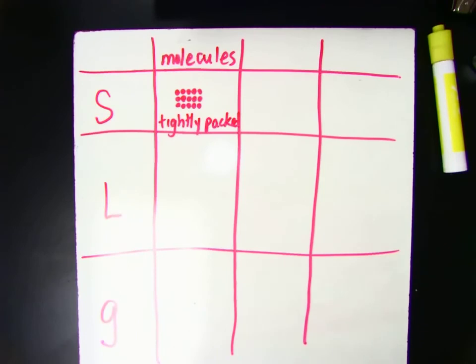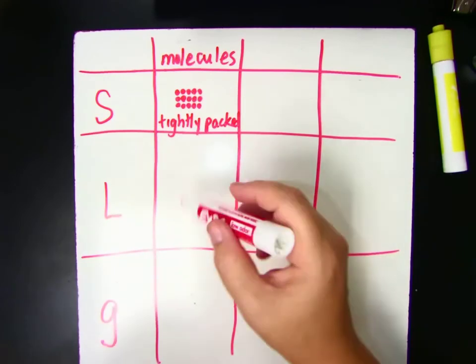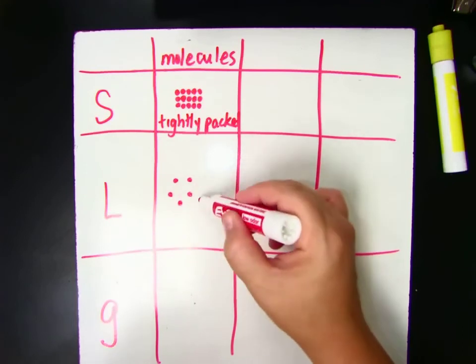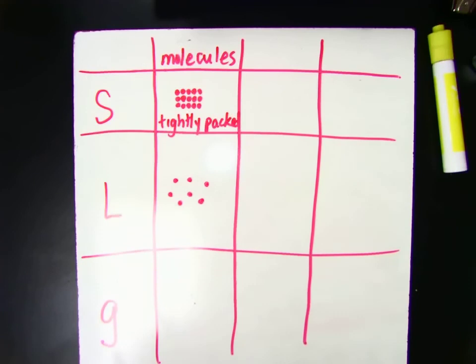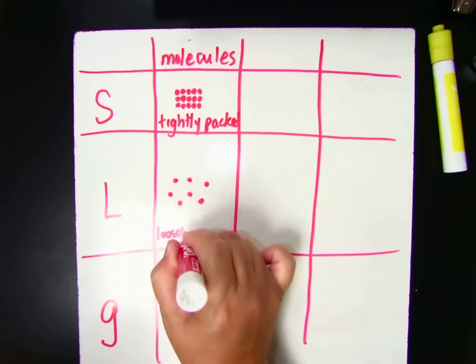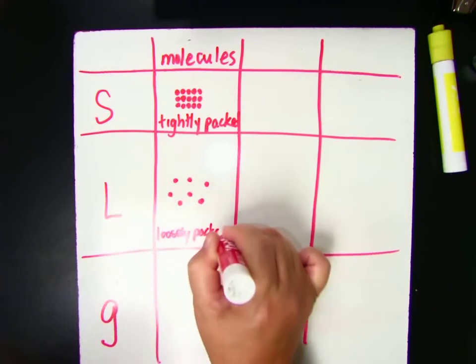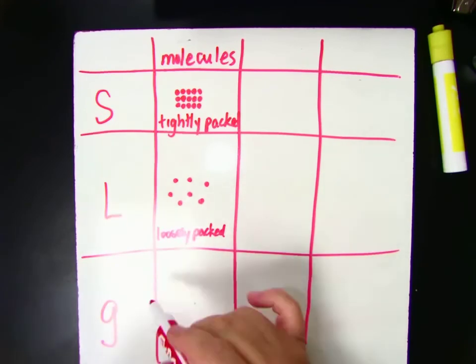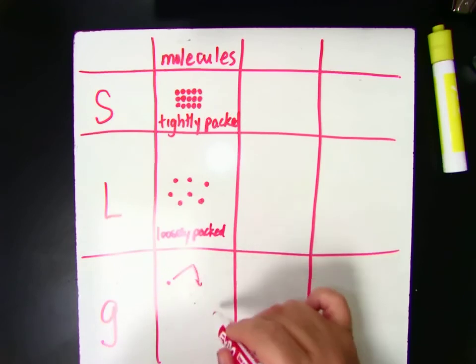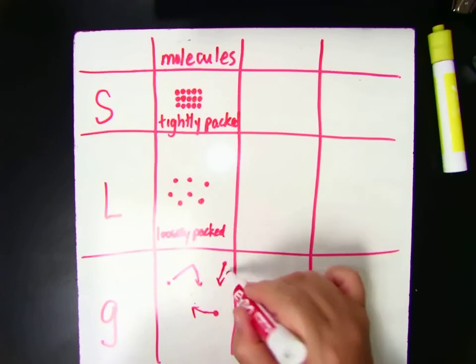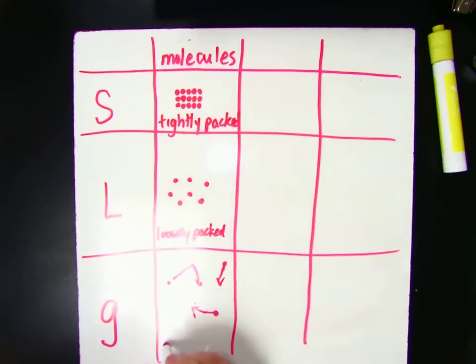Okay, if we have a liquid, the molecules in a liquid are actually a little looser. They're a little bit less formally associated. So if you went to a liquid party, you could get in. It wouldn't be so tightly packed. So a liquid is loosely packed. And then the molecules in a gas, well, you wouldn't be able to find that party because they're so scattered, they're so excited, they're bouncing around, and you would never even be able to find the party. So we'll call those scattered.